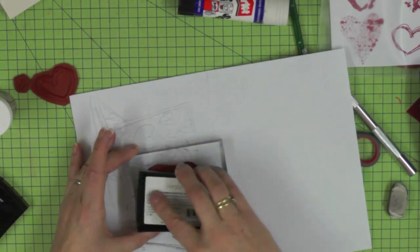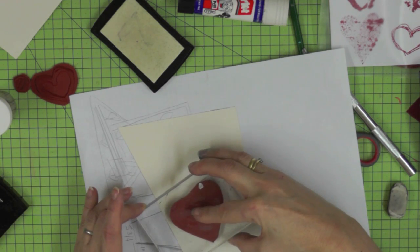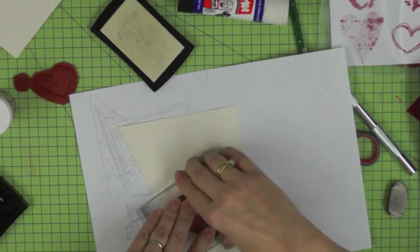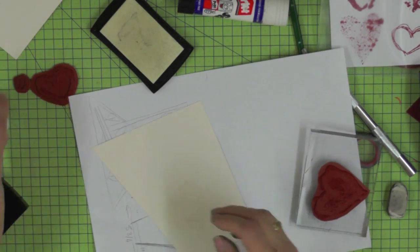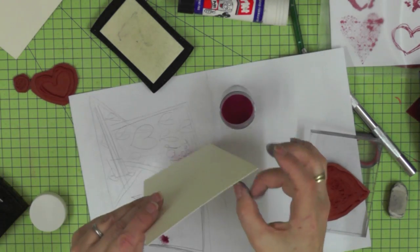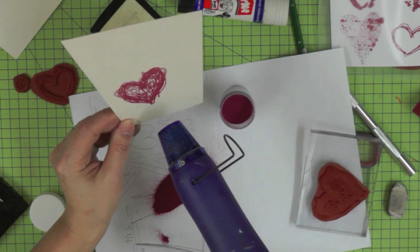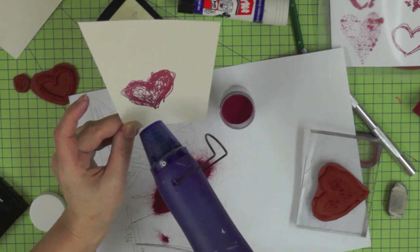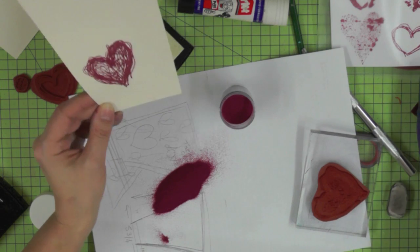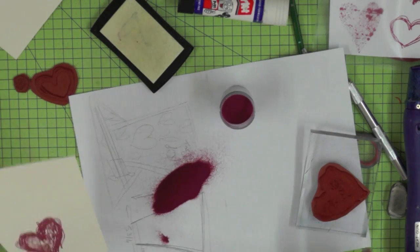Starting out with the embossed elements and the biggest squiggly heart. I'm positioning that sort of bottom left of the card front, and I'm embossing it with a ruby embossing powder, which I've had in my collection forever, and I doubt very much you can get the same colour. It's a Stampendous embossing powder, and you can see here that I'm catching the remnants on a scrap of paper,